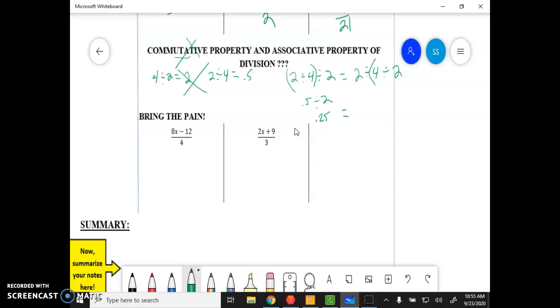All right, let's try the other side. If we did this part first, we get 4 divided by 2, that's 2. And then 2 divided by 2 is 1. Okay, so 0.25 and 1 are not equal. So it looks like associative and commutative property do not apply to division. Okay? All right, last thing we got to learn for this unit